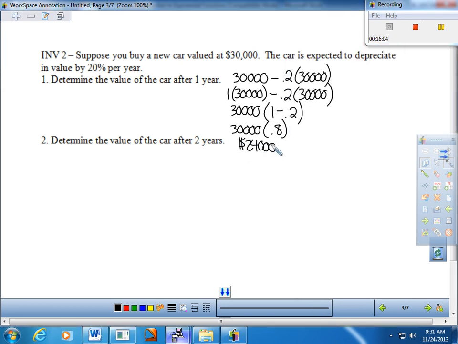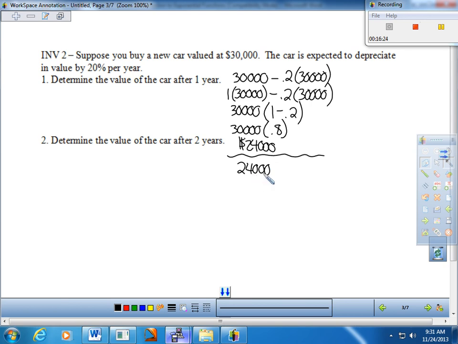So it lost $6,000 worth of its value. Do you think it's going to continue to lose $6,000 worth of its value? Nah, probably not. Okay, let's do the second year. One more time. Well, actually, we've got a third year coming, so 2 more times. So here's what I would do, of course. I would start saying from 1 year to the next,